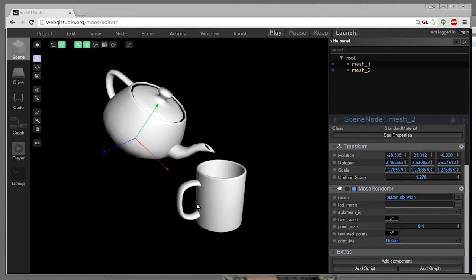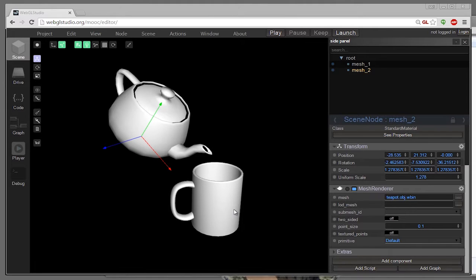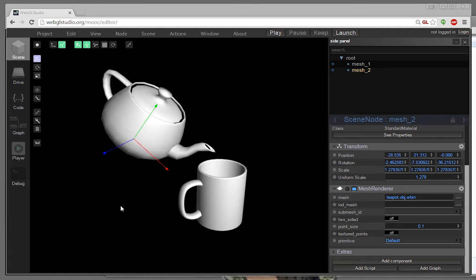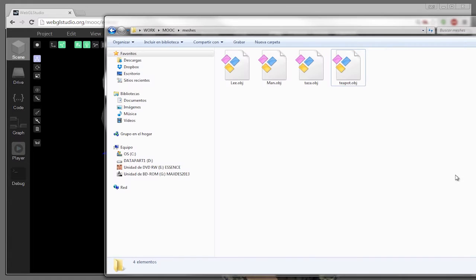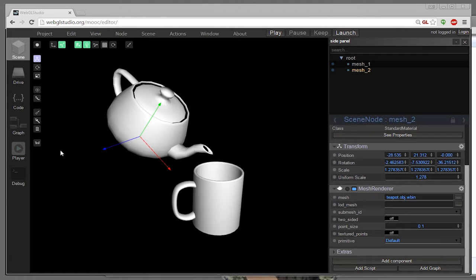So this is the way that we can fill our environment. We drag new files, we move them around so we can create our scene. If you want to create these 3D files, there are different software packages for creating new meshes, or you can go to the internet. There are many databases where you can download new 3D files. But you have to keep in mind that every 3D file comes in a different file format. In this case, I'm using OBJ, which is a very standard format for 3D meshes, but there are many other formats, and every application may or may not support each of them.